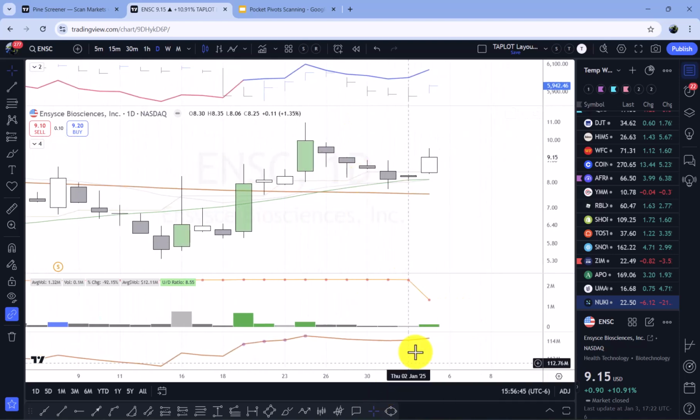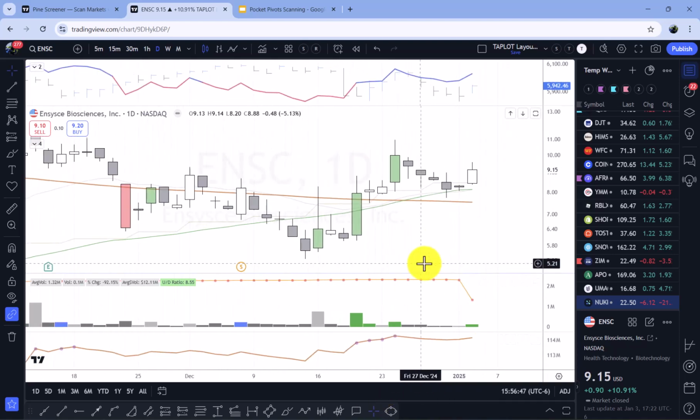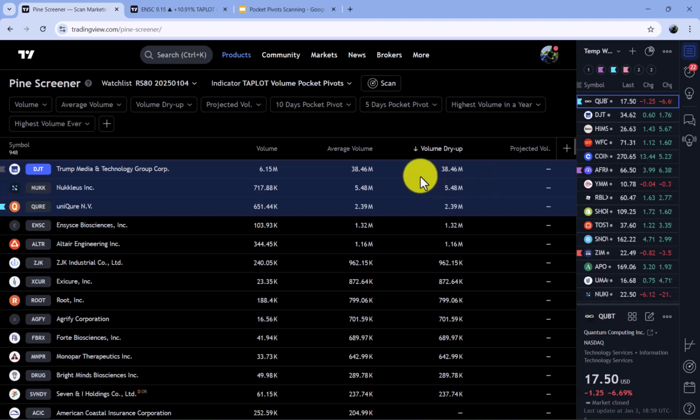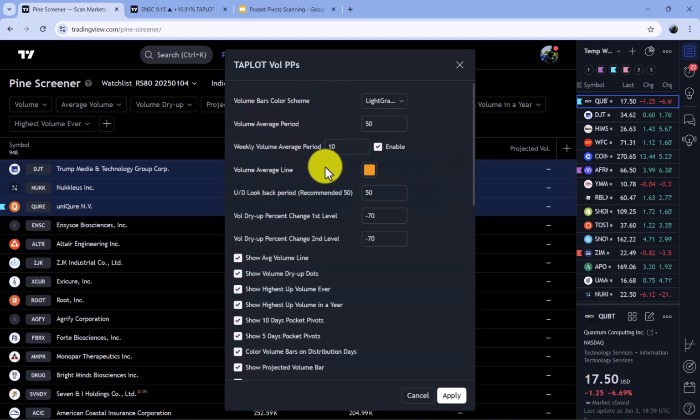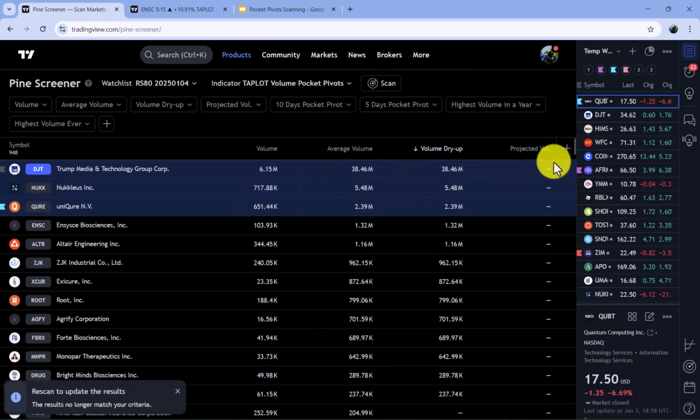Again, just really a lot of volume dry up. So you got the idea. So it's kind of like a bonus scan. Now let's go ahead and just get back things to default. It doesn't matter, but let's just do 45 and then 60. But that doesn't really matter. Now that's for the volume dry up, and that's why you see those columns here. If you want to, now let's transition to scanning for